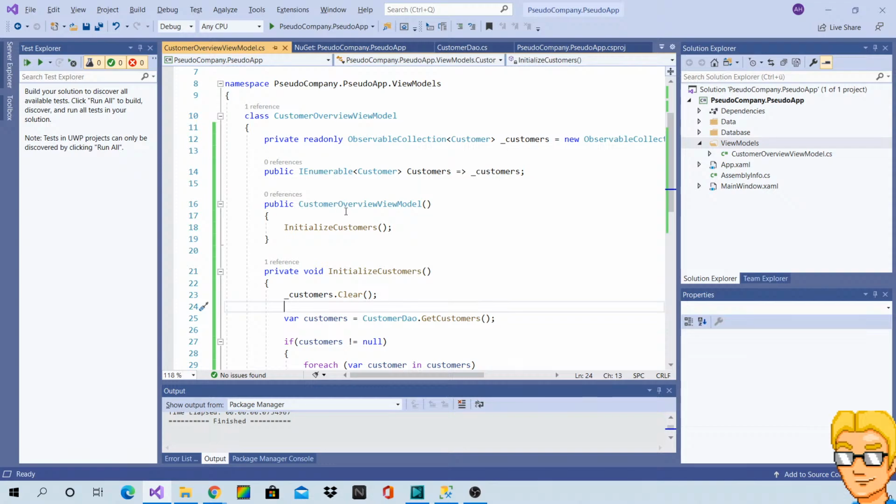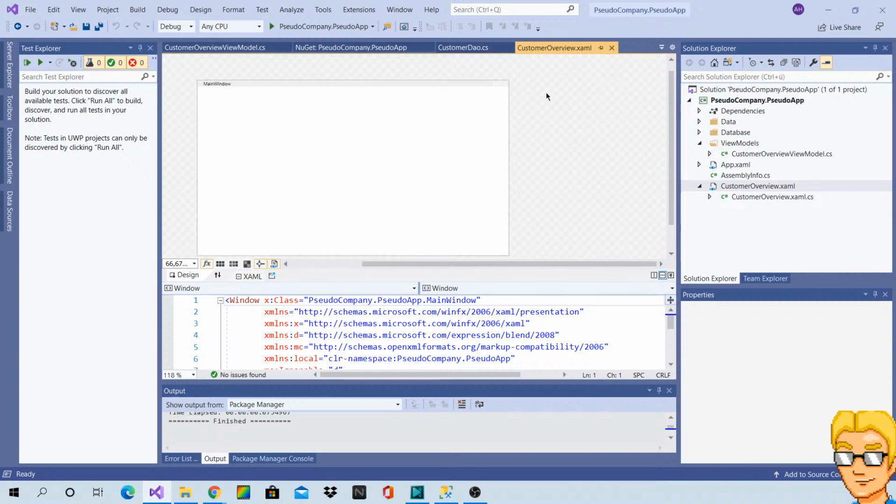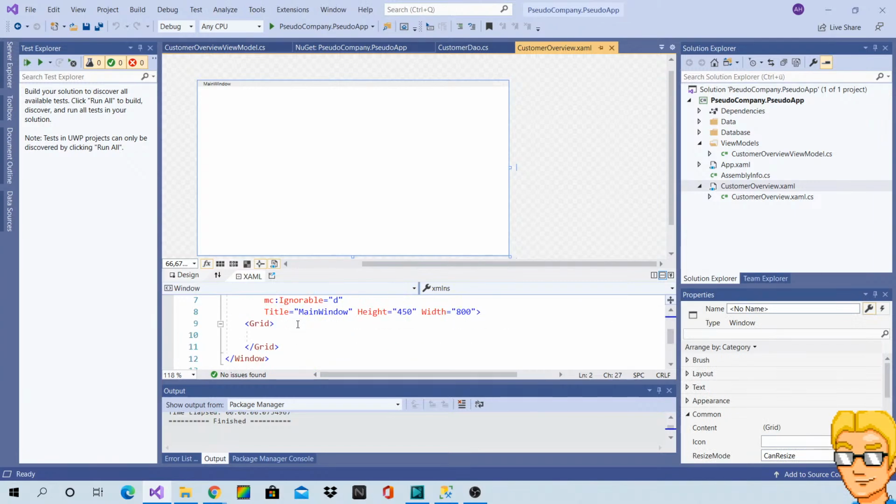I think we can already build the UI. So let's just rename this main window customer overview. There it is. I'm going to hard code the title, maybe something like sudo company customer overview.